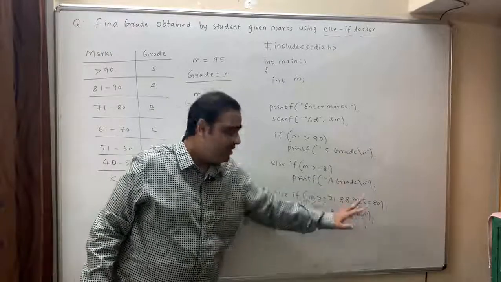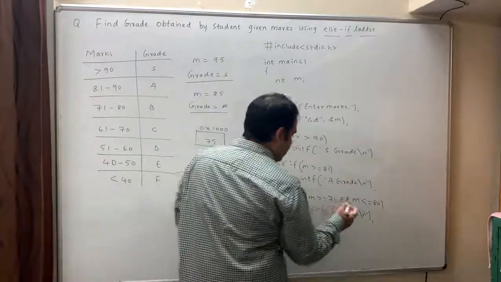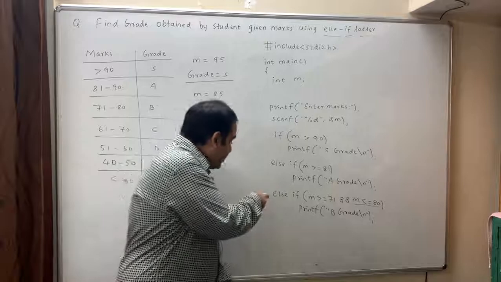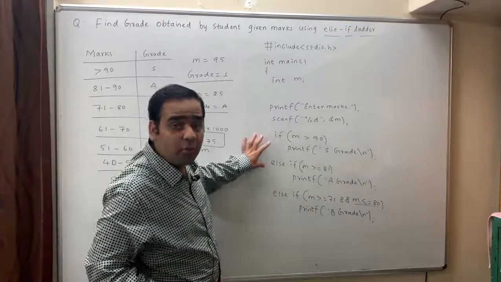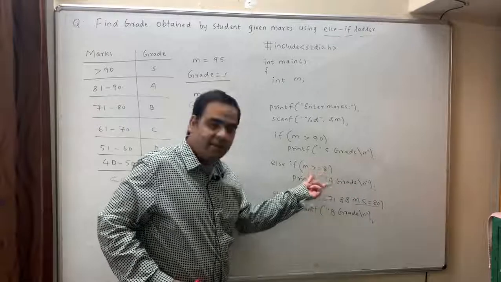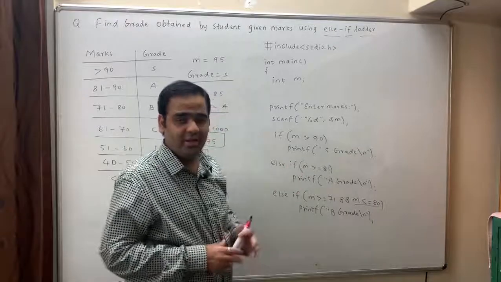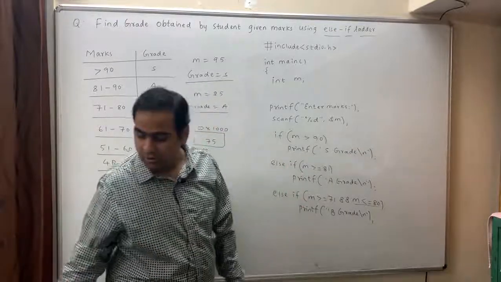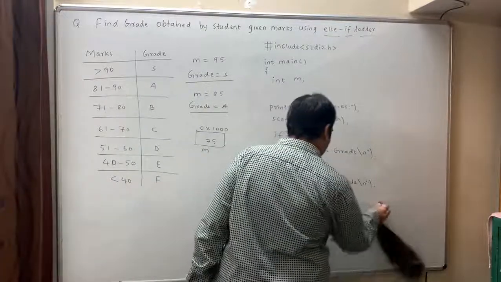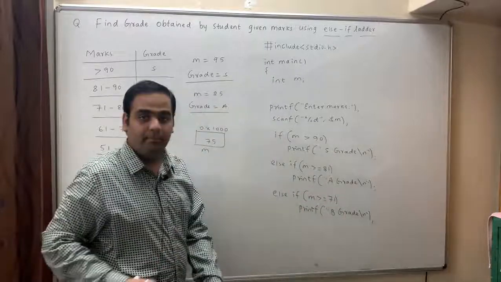Yes. 75 is less than or equal to 80, yes, and you say B grade. Now again the question is, do I need to write marks is less than or equal to 80? No. When you reach the third condition, when the top two conditions have failed, that means marks is less than or equal to 80, you have already checked in condition 2. Checking again in condition 3 is simply a waste of time. You may skip writing it, but even if you write it, nothing is wrong. I may skip writing it over here and you get B grade.